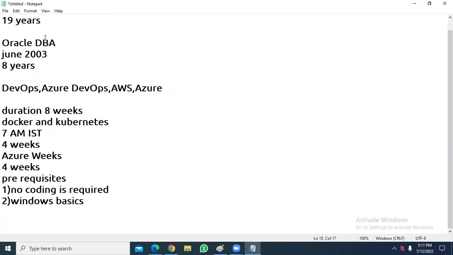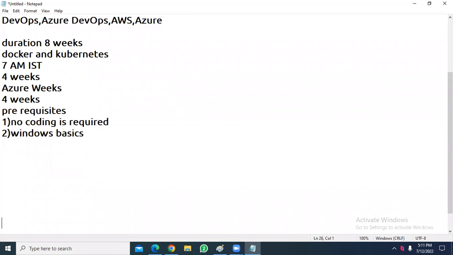Today we are going to speak about everything: what exactly DevOps is and what Azure DevOps is. What is the difference between DevOps and Azure DevOps? Most people get confused about these two, so we will discuss that concept.